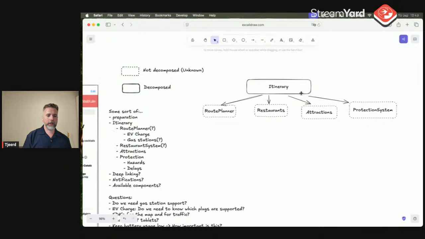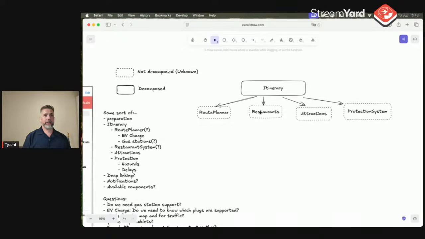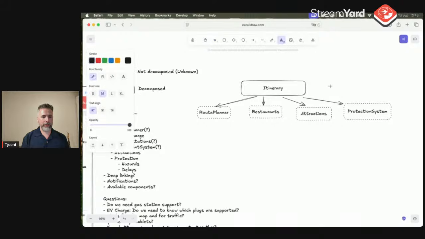So I mark it as just a regular line. That means that even in code, I could already define the itinerary class, I think it should be a class. I could already write the itinerary class, and internally it has all these dependencies on the route planner, restaurants, attractions, and protection system, which are not figured out yet. But I can already write in code, pretend I'm using it, right?